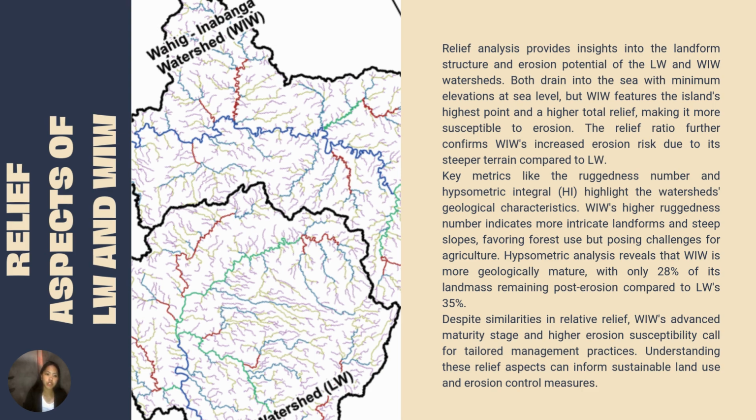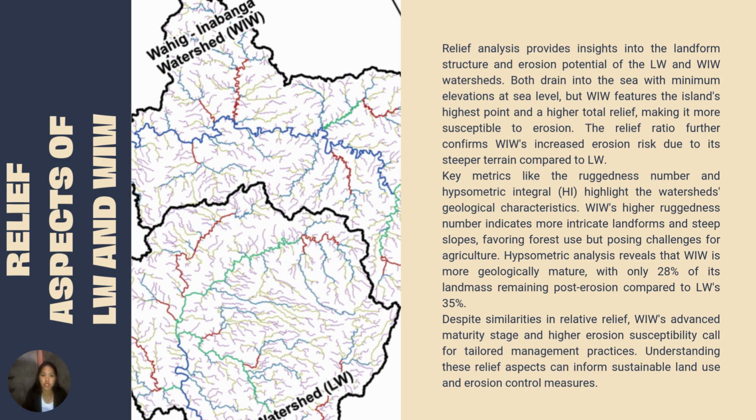Now let's go to the relief aspect of LW and WIW. Relief analysis provides insights into the landform structure and erosion potential of the two watersheds. Both drain into the sea with minimum elevation at sea level, but the Wahig-Inabanga features the island's highest point and higher total relief, making it more susceptible to erosion. The relief ratio further confirms why Inabanga has increased erosion risk due to its steeper terrain compared to